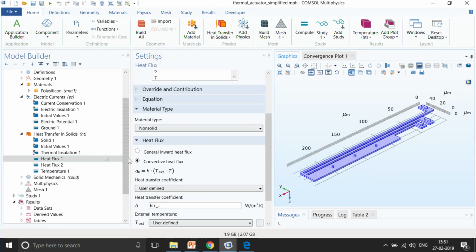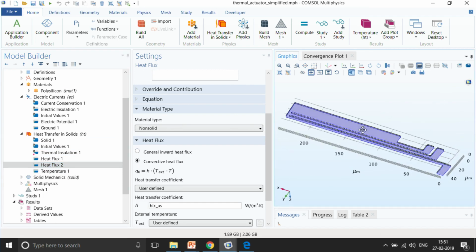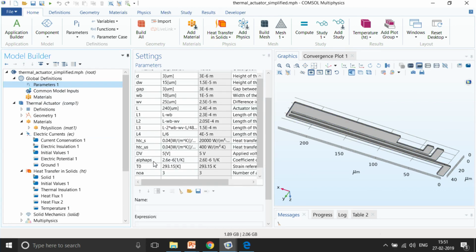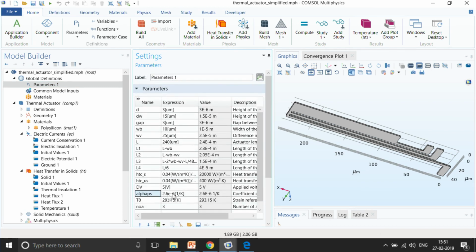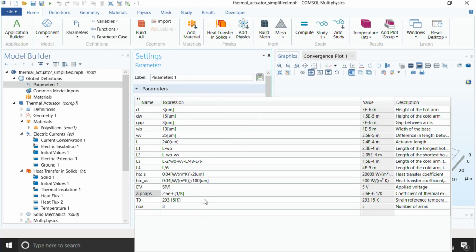That is the upper part, and the bottom part is also getting cooled with a different heat transfer coefficient, that is HTC_us, where HTC_us has been defined over here. So that's defined by divided by 2. Okay, let me just open it. Yeah, so it's 0.04, the upper part 0.04 divided by 2 micrometers, and the bottom part is 0.04 divided by 100 micrometers. So the top part is getting cooled quickly as compared to the bottom part.